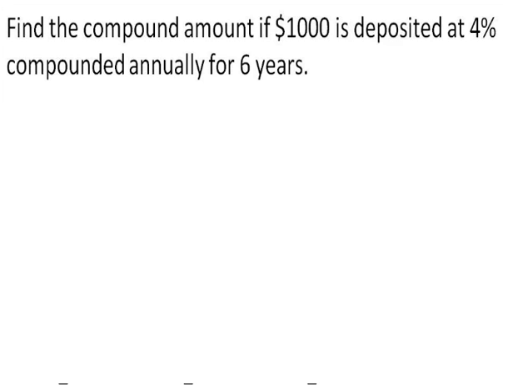Now for the first example, let's find the compound amount, that means the amount you would have at the end, if $1,000 is deposited at 4% compounded annually for 6 years. So for this problem, our present value, the amount that we're initially investing, is $1,000. r is 0.04, the annual interest rate in decimal form. m is equal to 1 because it's compounded annually, which means it's compounded 1 time per year,